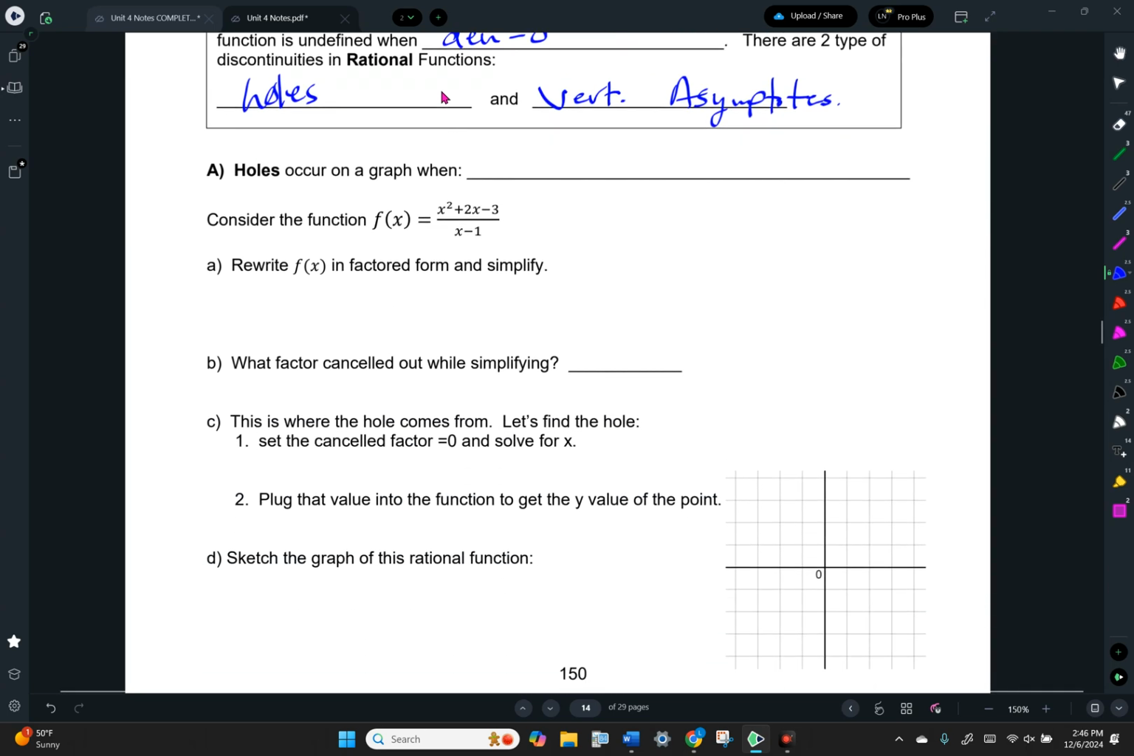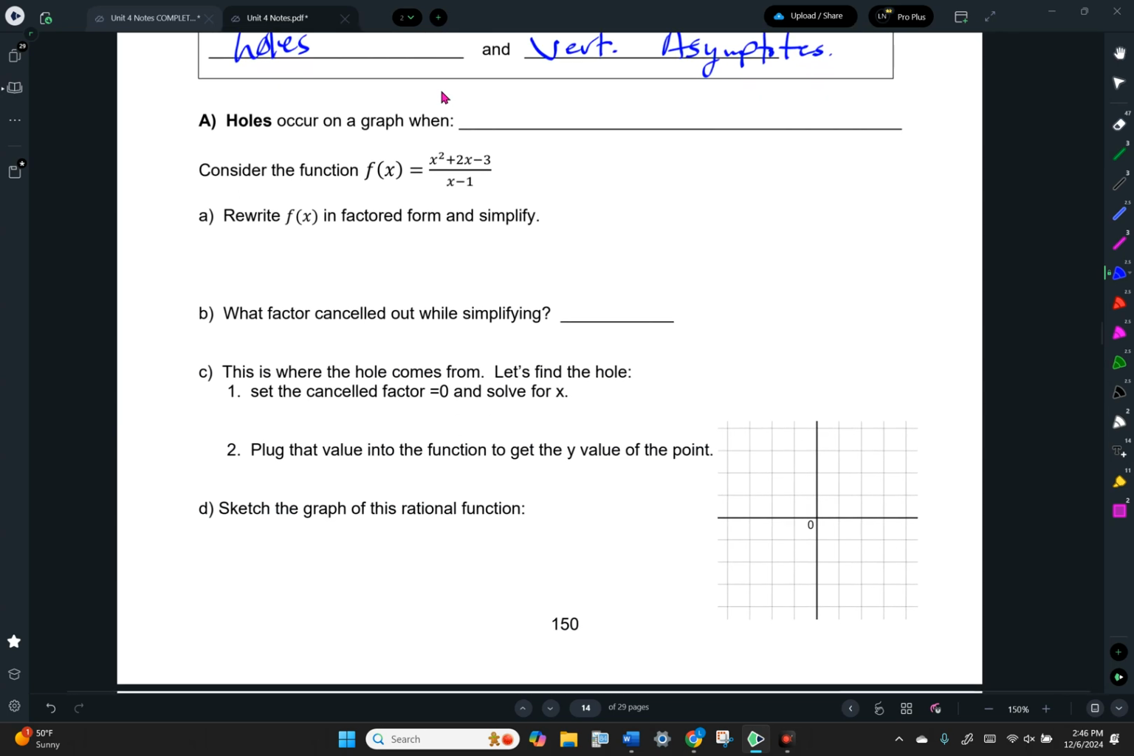So first of all, let's talk about holes. Okay, you'll always know when you're going to have a hole on your graph, because that happens whenever you have factors that cancel. So for example, when I look at this particular function, I'm going to factor both the numerator